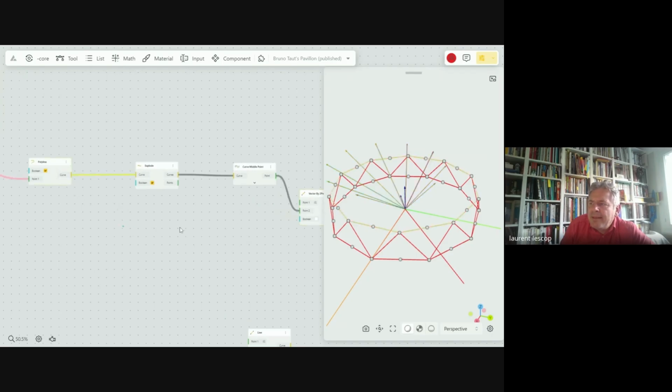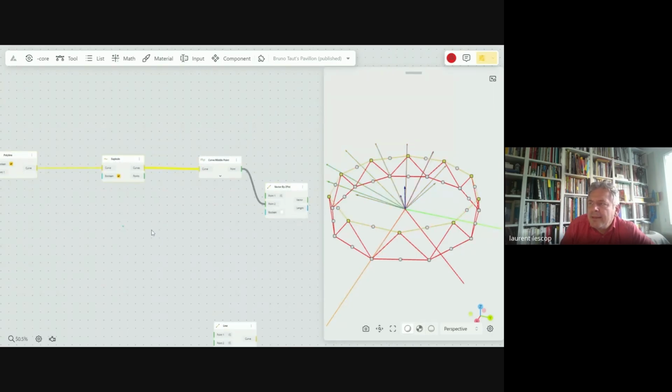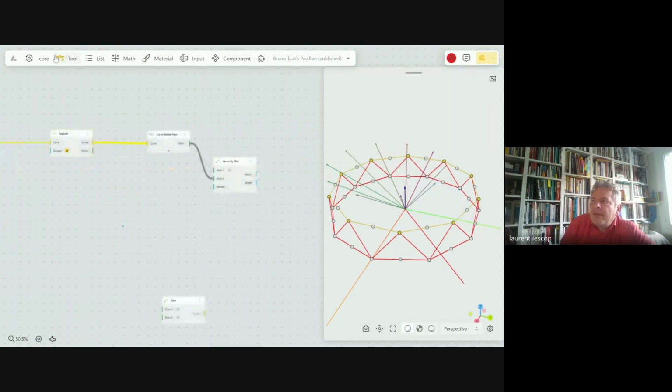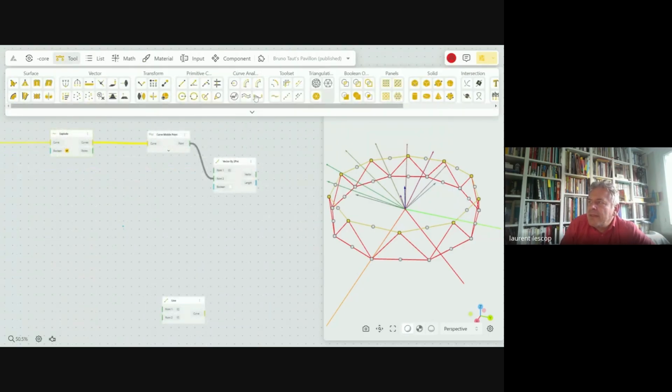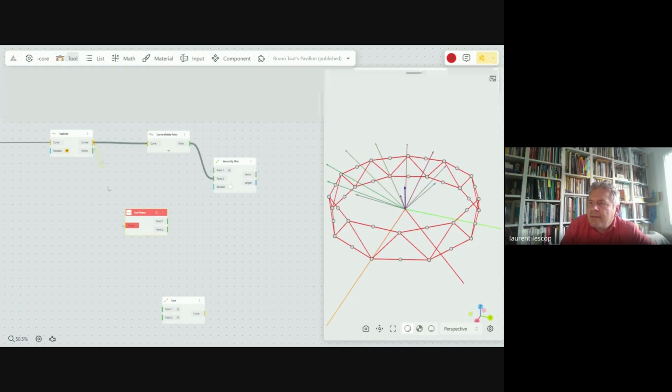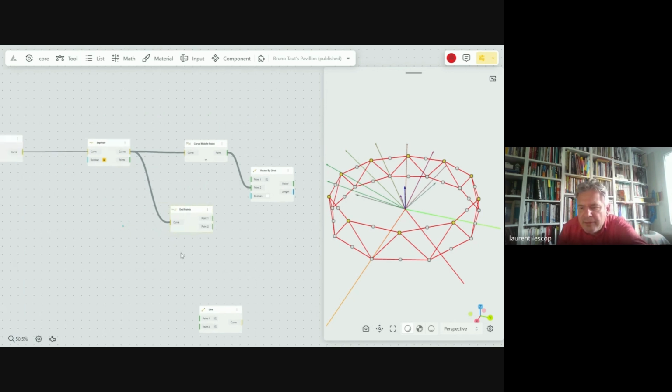from that polyline, or that one, curves, I will use the extreme points here. I think I can use that one, but I don't know precisely where they are. No, not from that vector. Sorry. I need that point.